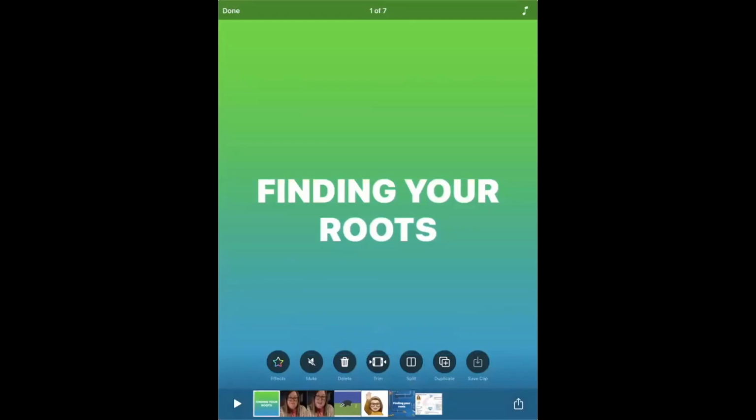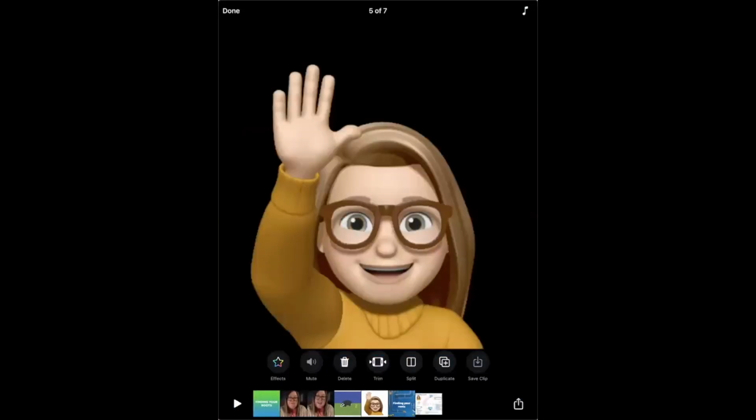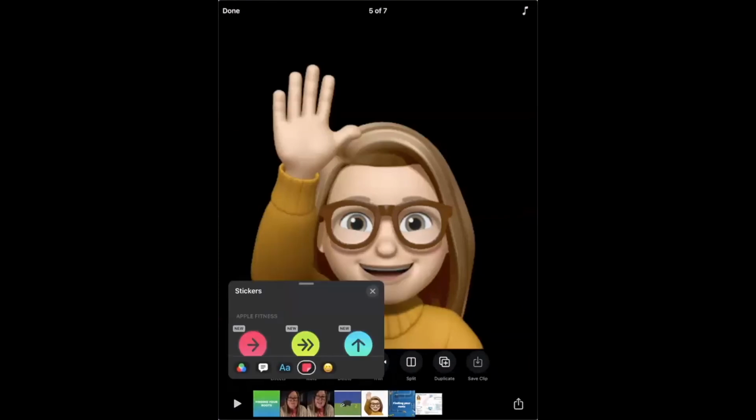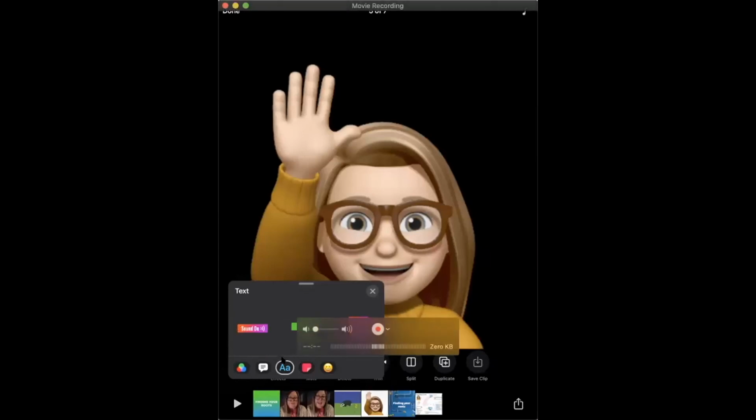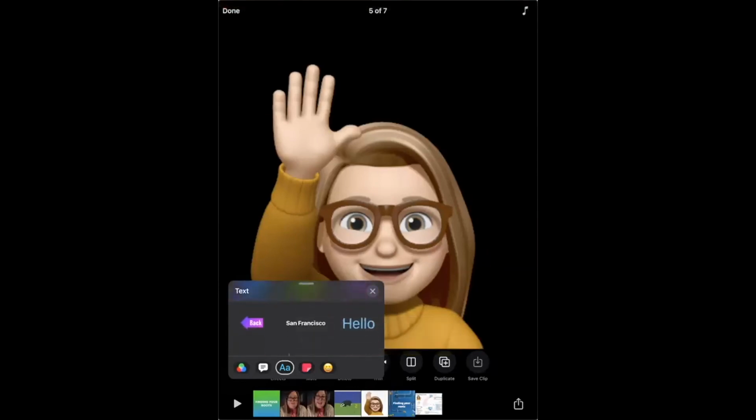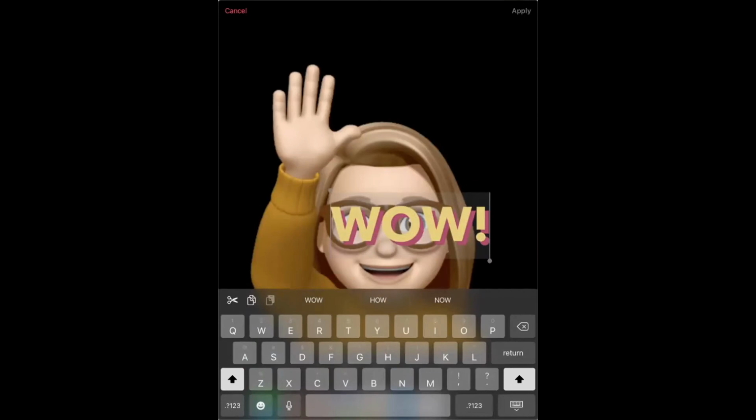Text is, so if I wanted to add some text to this picture in effects, and then if I click on the capital and lowercase a, I can just add it using different stickers. So you can't add a ton of text, but there's all these different stickers that you could use. And all of them are editable. So I could leave it at wow, or I could say,